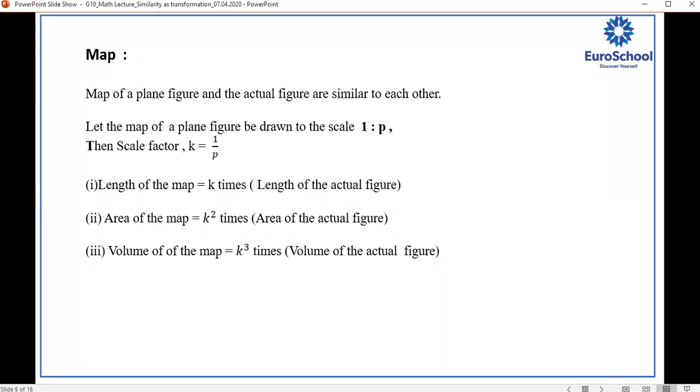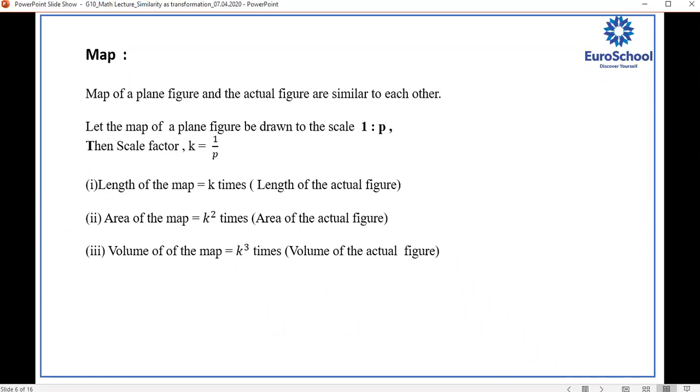Now, map, where do we use a map? In geography books, right? Or whenever we go somewhere, we refer to a map. Now, the map is the miniature of your country or the continent or whatever you're doing. Like in India or world, we have a map in an atlas. It's just a photo of what we have in actual.